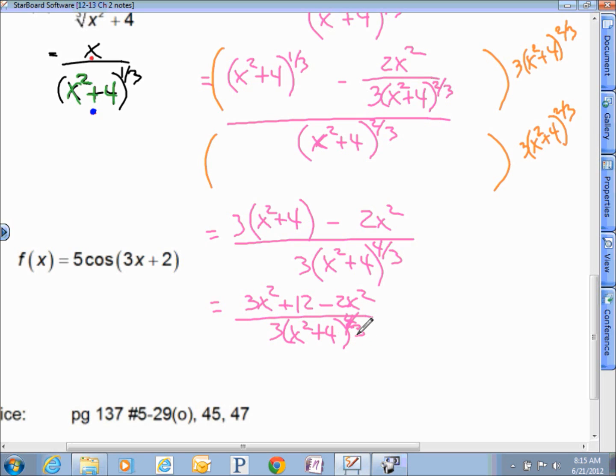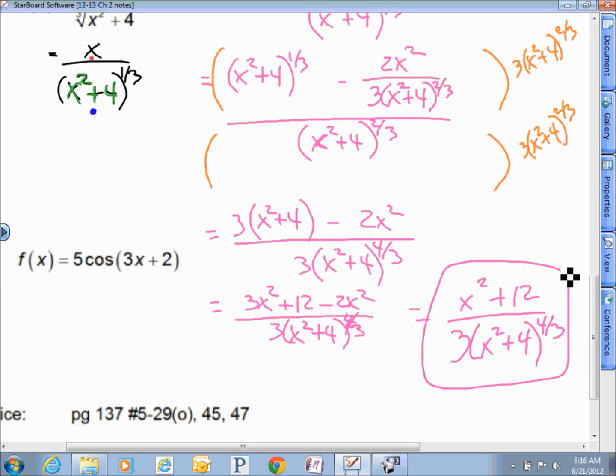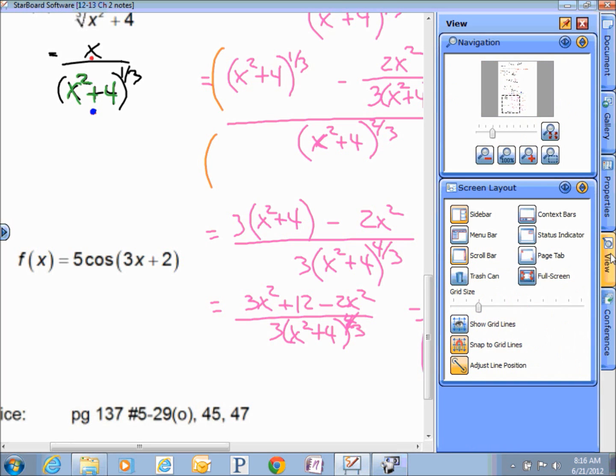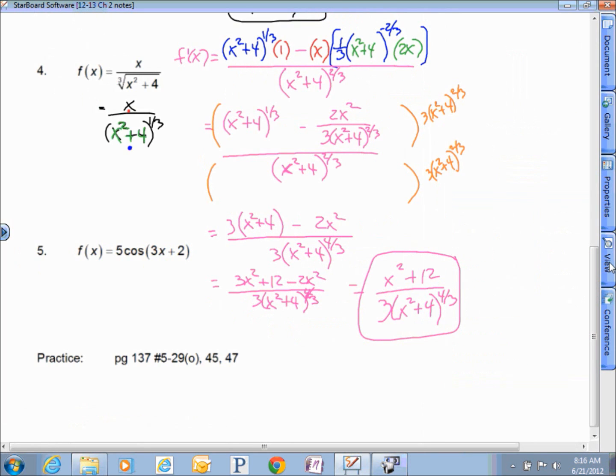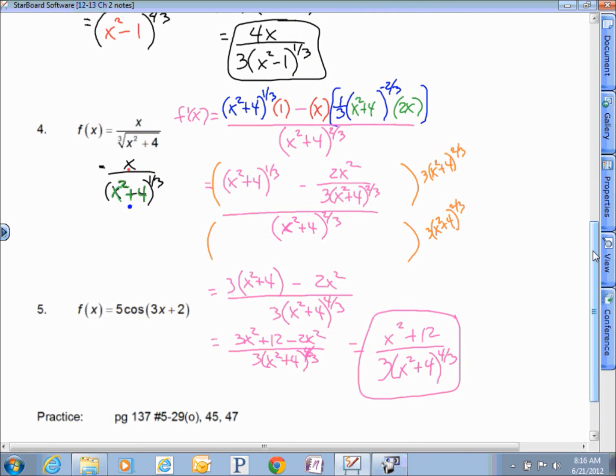And if we finish this off, 3x squared minus 2x squared is an x squared plus 12 over a 3, and an x squared plus 4 to the 4/3. Wow, that's rough. That is really rough. Why is it so rough? Well, to be totally honest with you, on problem number 4, you've got one of the most complex setups that you could possibly have,